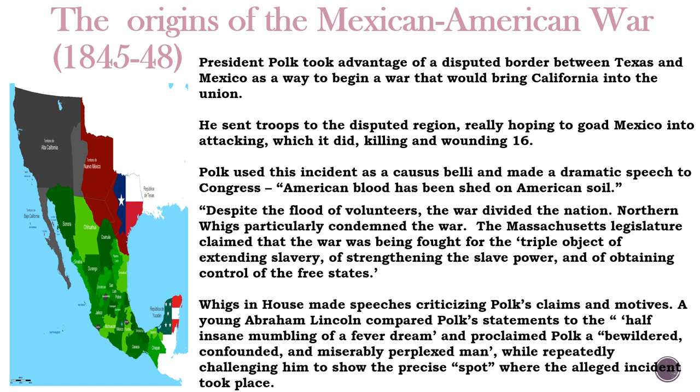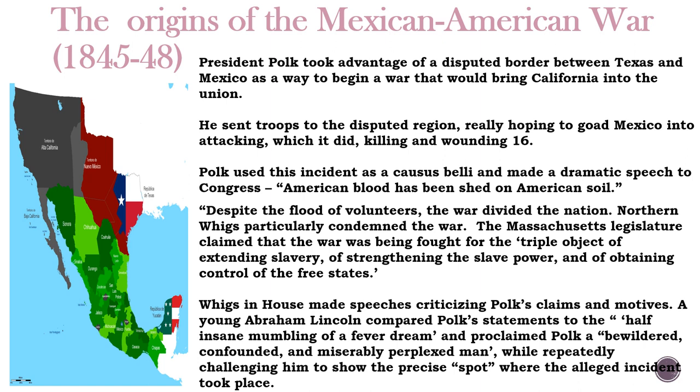Also, as part of this expansion and conflict, comes the Mexican-American War, the American War with Mexico. The president who brought the war about, James K. Polk, took advantage of a disputed border between Texas and Mexico. So Texas and Mexico were in sort of fevered opposition to each other over where the border between the two was. And Polk wanted to start a war with Mexico for various reasons. One reason is he wanted to take California from Mexico. He believed it would be an important addition to the United States,